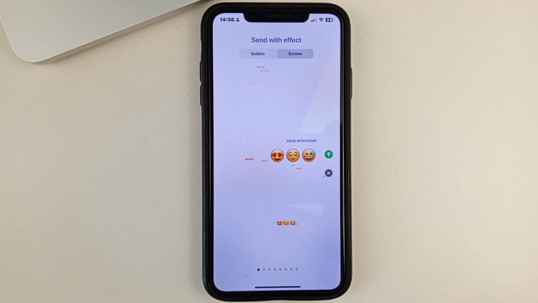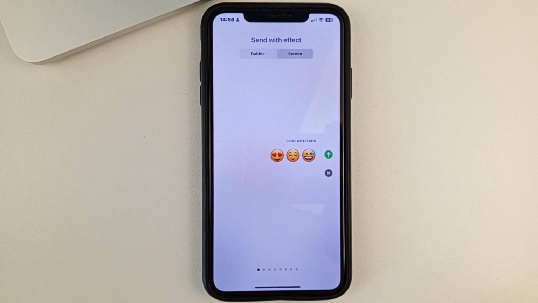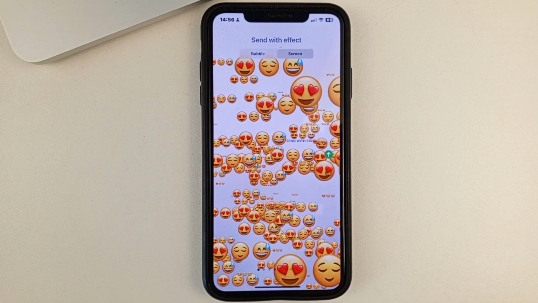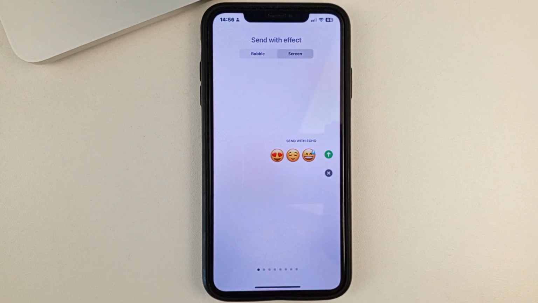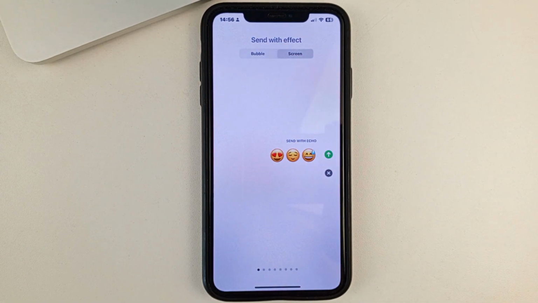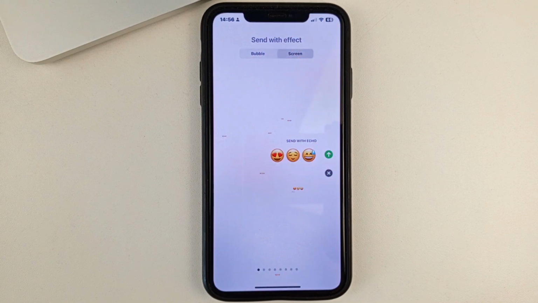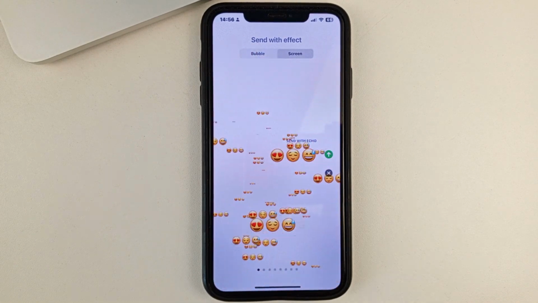As you can see, it looks very interesting and so memorable that is if you have some text or like me emoji, it looks very bright. And your messages, it appears several times, many times on the screen. So friends, it increases the attention to your message. And this effect will be seen by both you and your conversation partner.